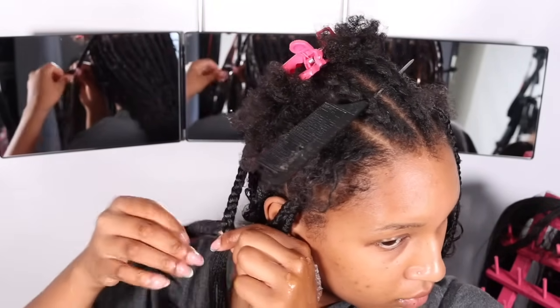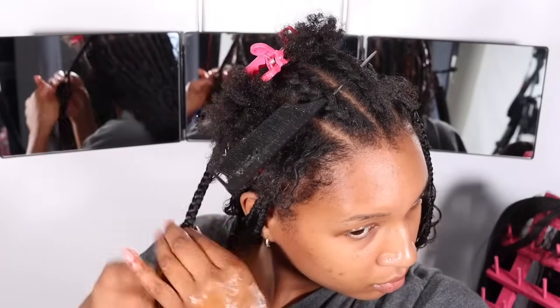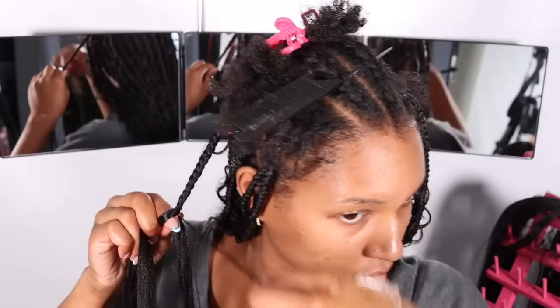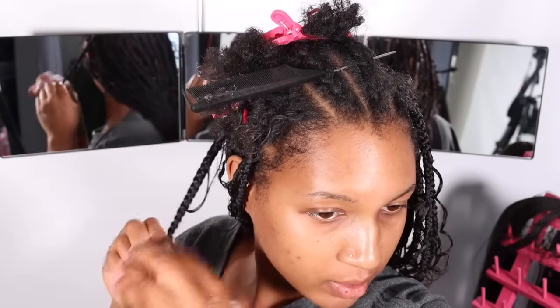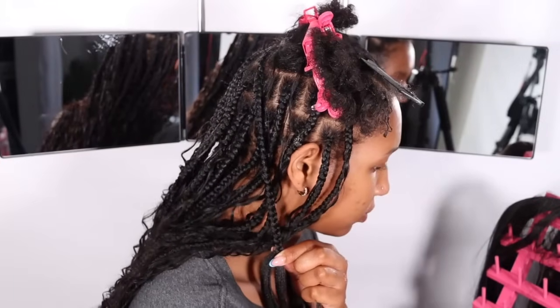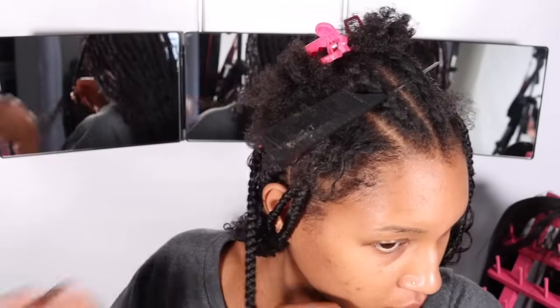For me, I'm loving these boho knotless. Like, this was actually the first time that I did them on myself with human hair. Would you believe that? Because I do so many of this style on my clients. I do it every week, and I had yet to do it on myself, so I love them. Top tier. And I'm saving so much money